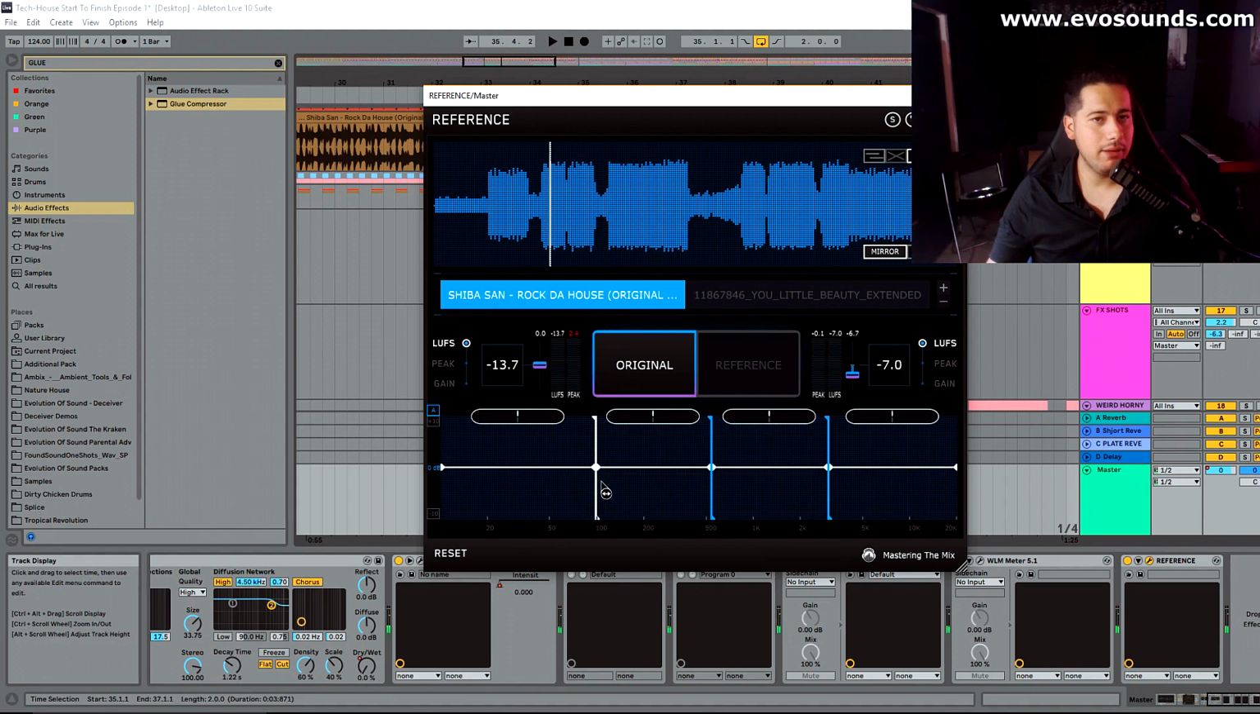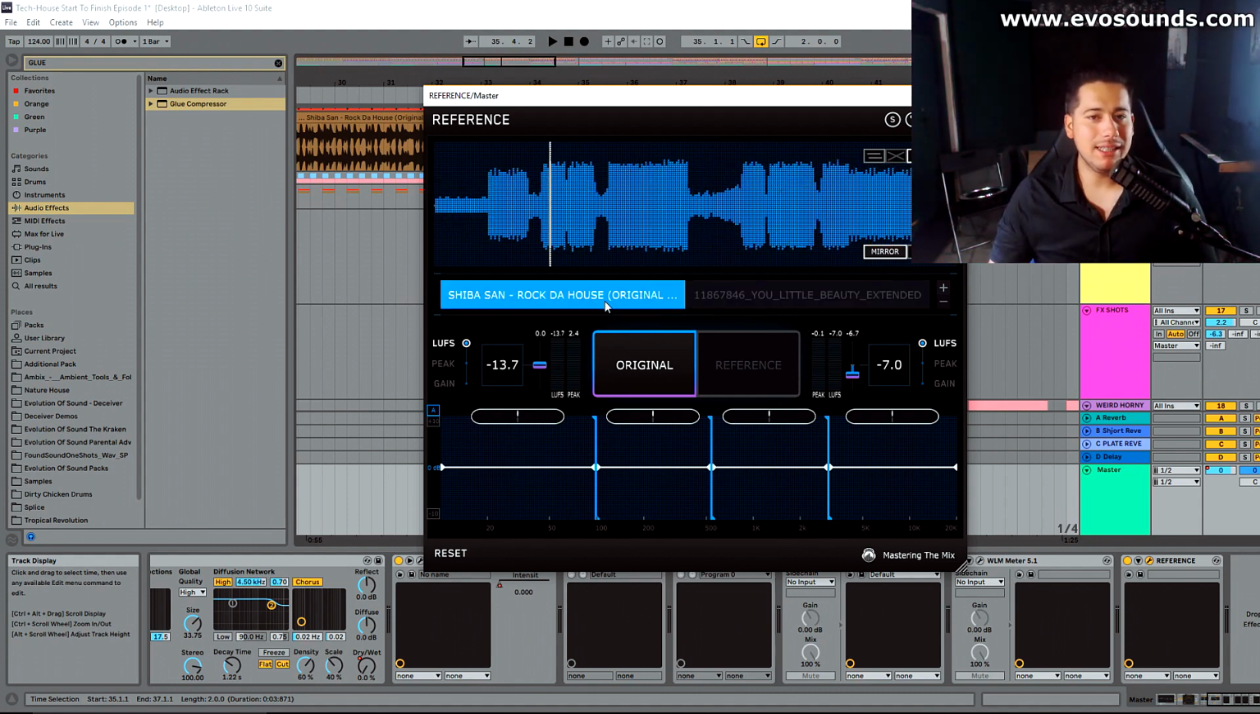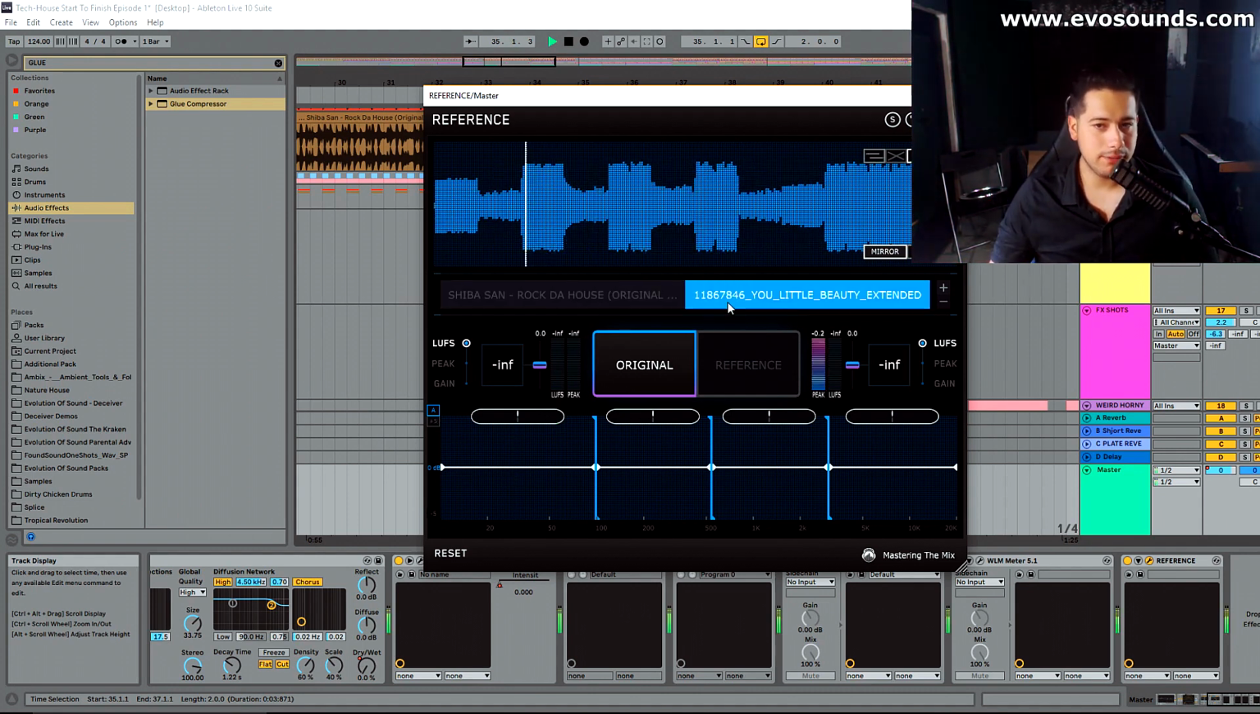So as you can see from this graph, our low end is kind of there. When we reference to the Shiva-san one, we have a little less than his. And when we reference with You Little Beauty, we're kind of there with Fisher in terms of the low end. Now, one thing that we must see is similarities in both. So if we go